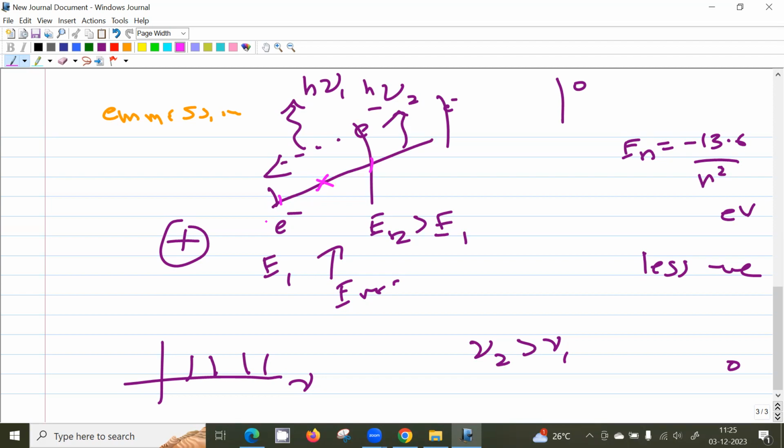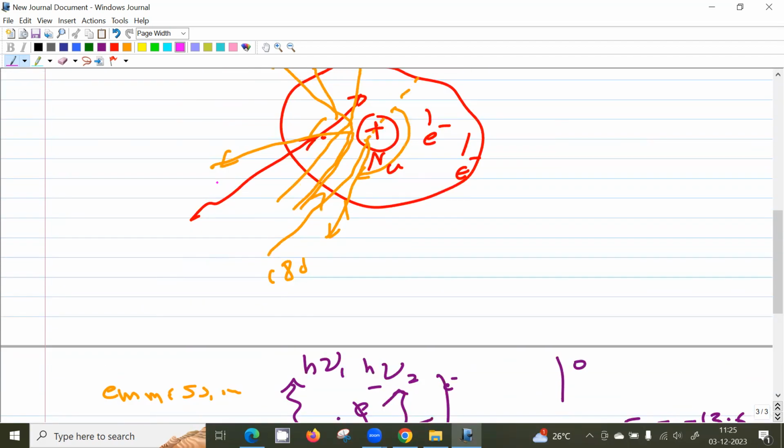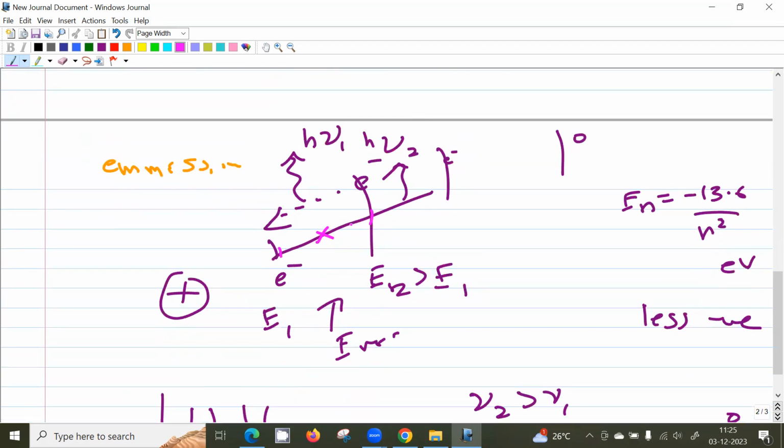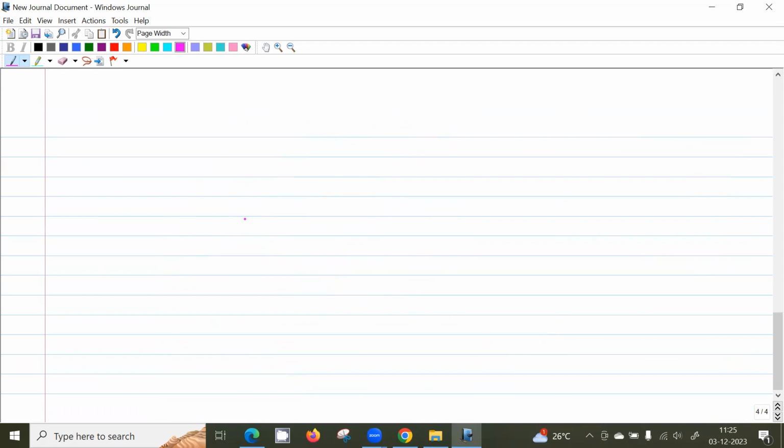So this restriction is not being imposed by the Rutherford model. Rutherford model just says the positive charge is constantly at the center and the electrons are revolving around it, but does not say the electron can be only at this particular radius and there should be a gap and then some other radius and then there should be a gap. Rutherford does not say that. So Bohr came with this idea that all radii are not possible. So he imposed a postulate